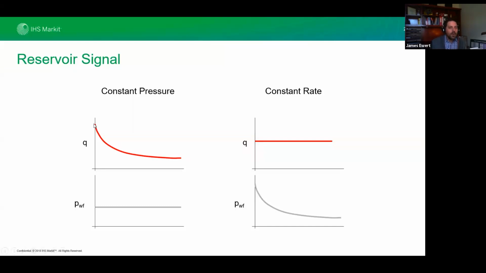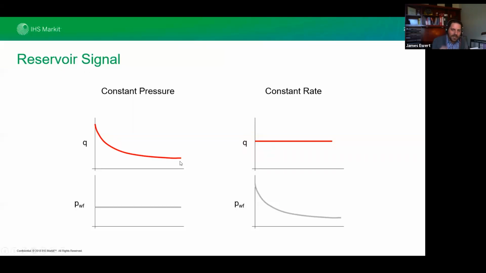If you can keep that pressure constant for a short amount of time, you will find that your rate will go from one rate down to another, right? So it's going to step down and it's going to have a curvature to its line. What I want you to know is that first point to the next point and how that line curves, that contains all of the information of your completion and your reservoir right there. That can tell you what your contacted volume is. That can tell you what your minimum fracture half length is, how big your investigated stimulated region is, how big your radius of investigation is. All of these things are captured right here.